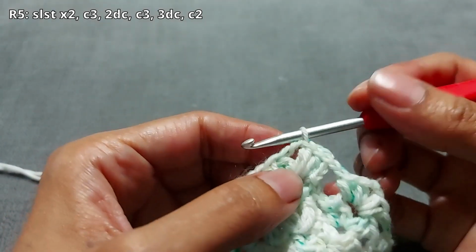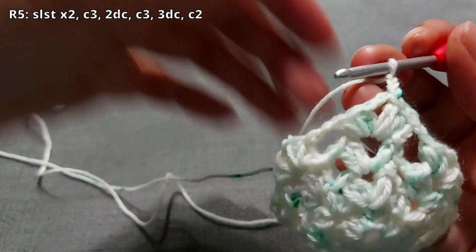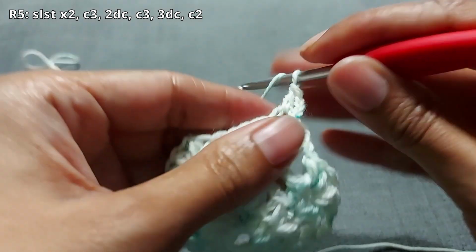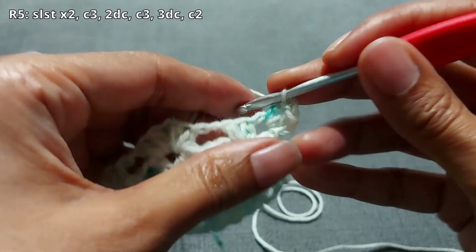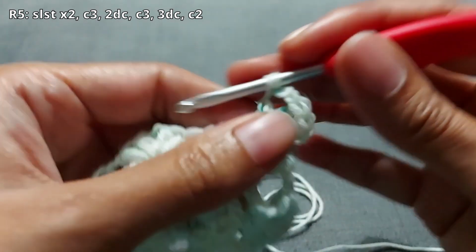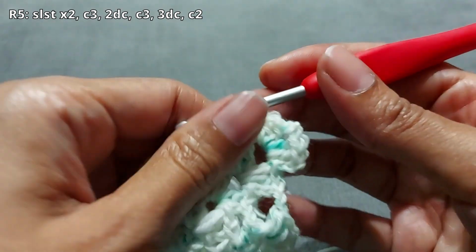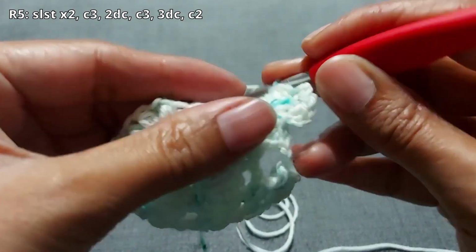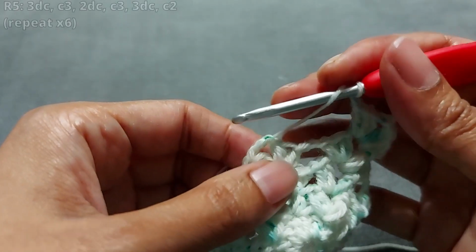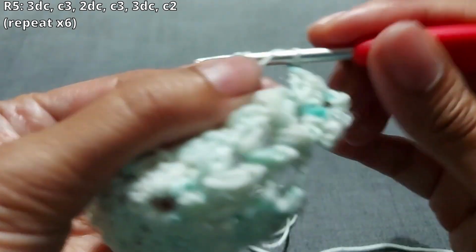that chain space there. And then for round 5, you're going to chain 3 again, and we are going to do 2 more double crochets into that chain space, and then you're going to chain 3, 1, 2, 3, and then into that same space you're going to do 3 double crochets, just like that. And then you are going to chain 2 and then jump over to the next chain 3 space that you made, in between the puffs, and then do 3 double crochets,